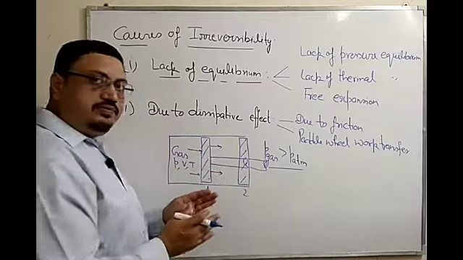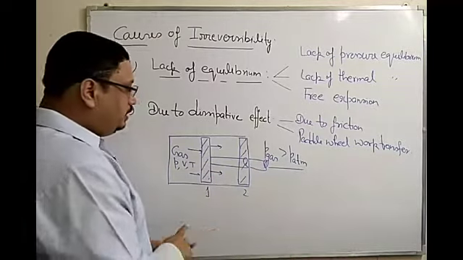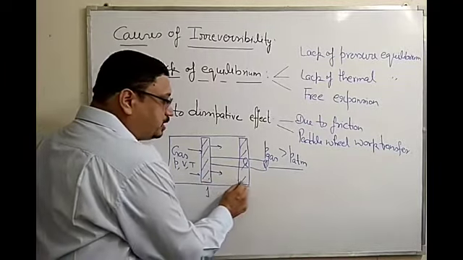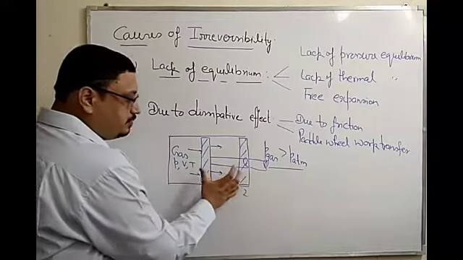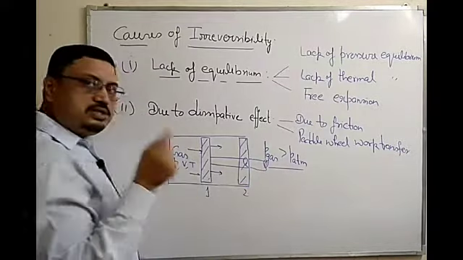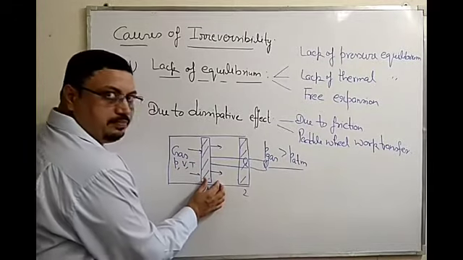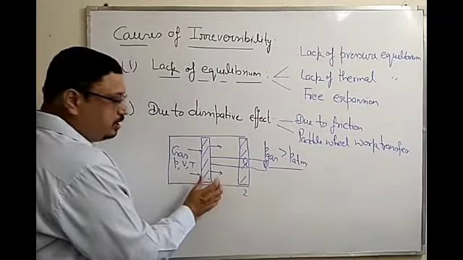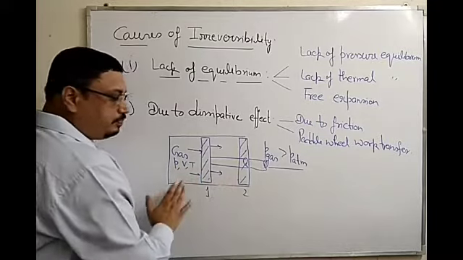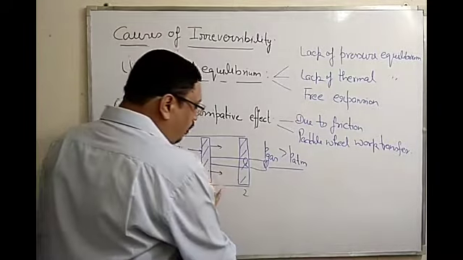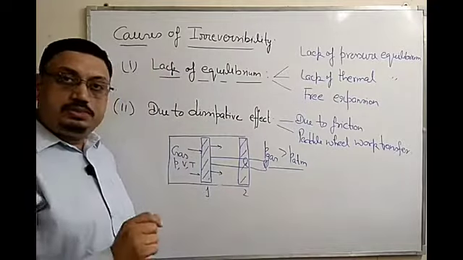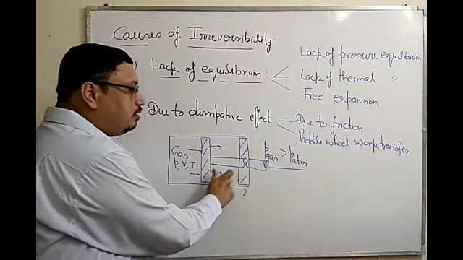If this pressure difference is very, very less, then all the intermediate states will be equilibrium states. If it is infinitesimally small, then this piston will be displaced a little bit in this direction and then it will stop. Again it will move and it will stop. In this way we can say that all the intermediate states are equilibrium states and the process is a